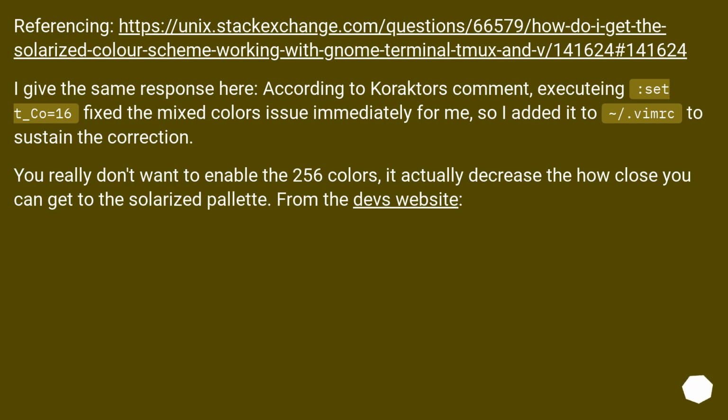Referencing this URL, I give the same response here. According to a commenter, executing :set t_Co=16 fixed the mixed colors issue immediately for me, so I added it to ~/.vimrc to sustain the correction. You really don't want to enable the 256 colors, it actually decreases how close you can get to the solarized palette. From the dev's website: